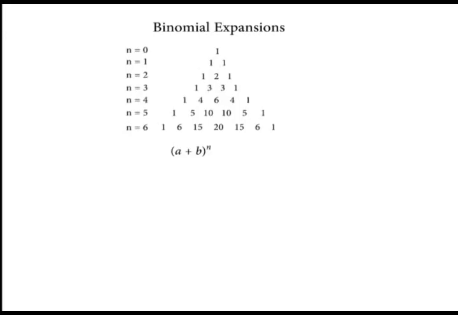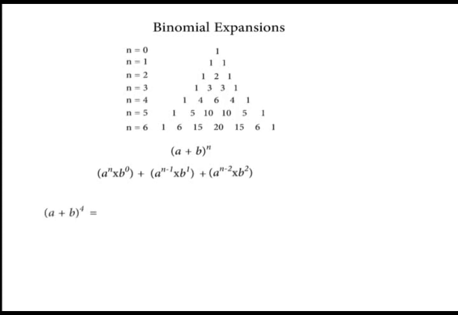For instance, if a is raised to the power of n, b will be raised to the power of 0. And so we shall have a raised to n times b raised to 0. And then a raised to power n minus 1, the power is reducing, times b raised to the power of 1. And then a raised to the power of n minus 2 times b raised to the power of 2, and so on and so on. Remember to put the coefficients in front of the terms as you multiply. For example,